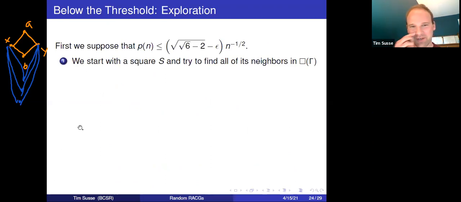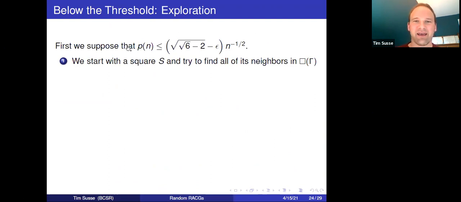Okay, so now let's try to analyze this branching process. I'll give you a little idea of how this works. So let's first suppose that our probability is less than our threshold, so it's smaller than this critical probability. So we're going to start with a square S, and we're going to try to find all of its neighbors in the square graph of gamma. We're going to do that by exactly what we were talking about before. We're going to start with